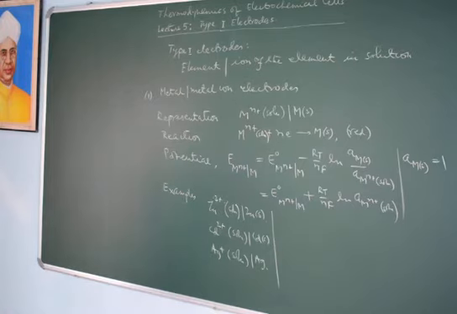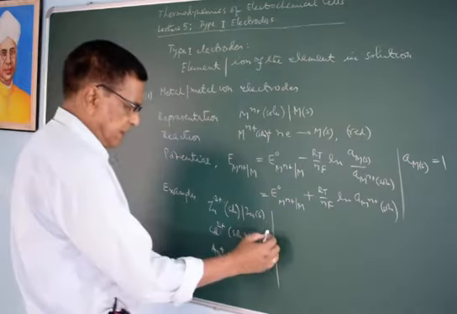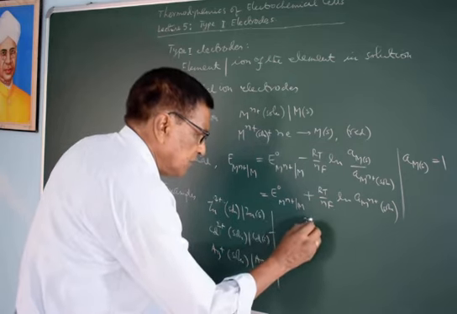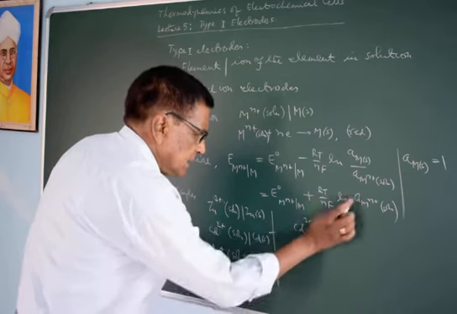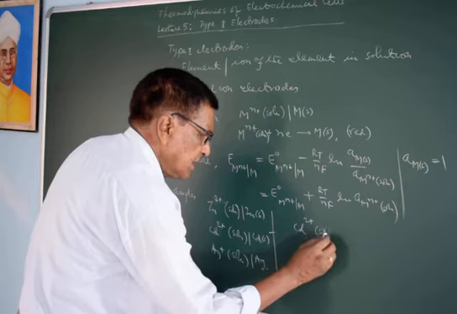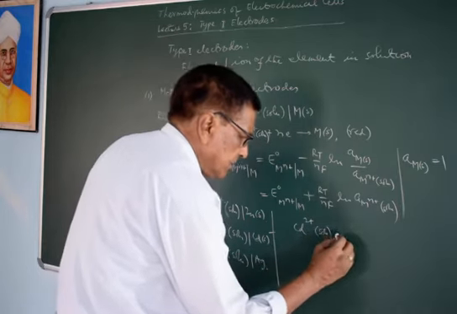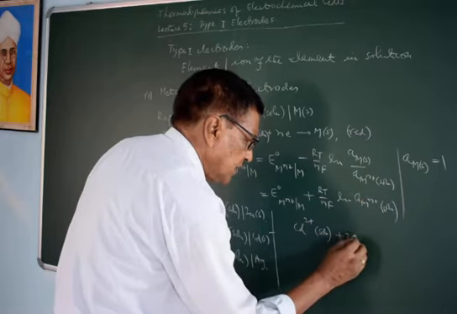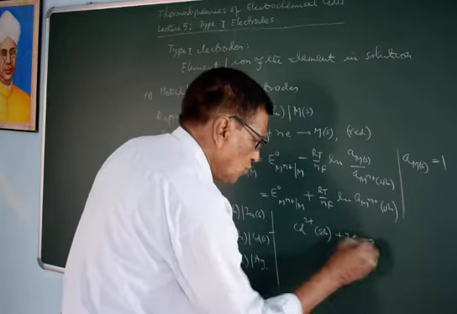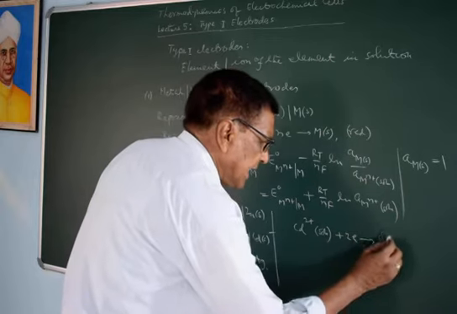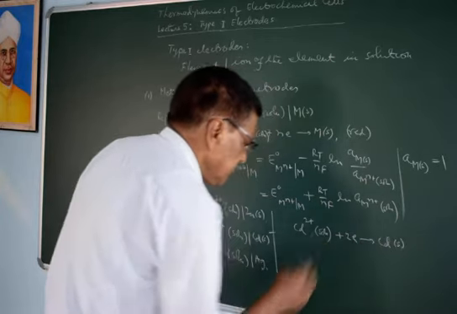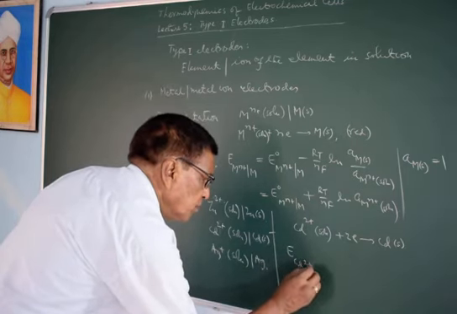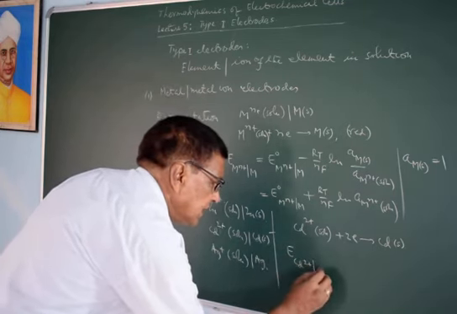If we choose any one of these, say cadmium 2 plus in solution plus 2 electrons, 2 gram equivalents of this reaction occur, giving cadmium solid. And this potential is E of cadmium 2 plus oblique cadmium